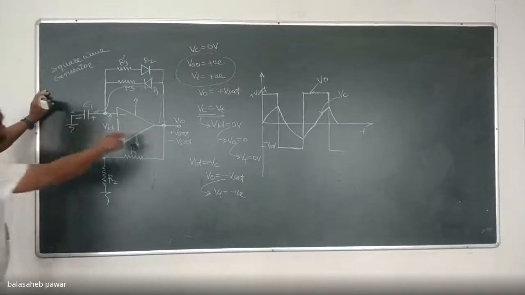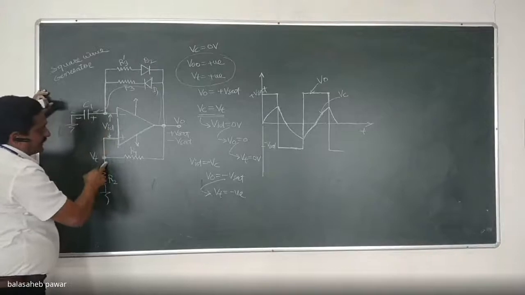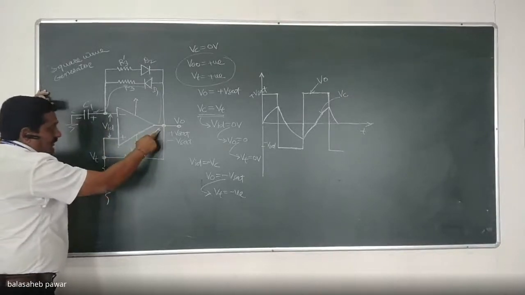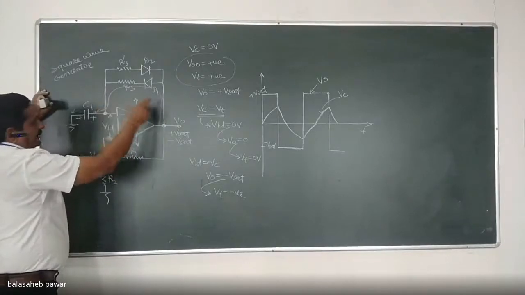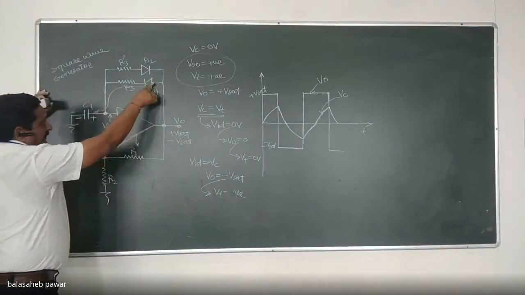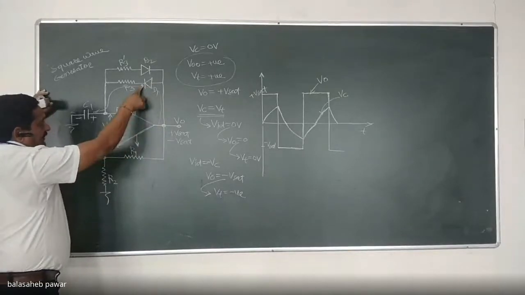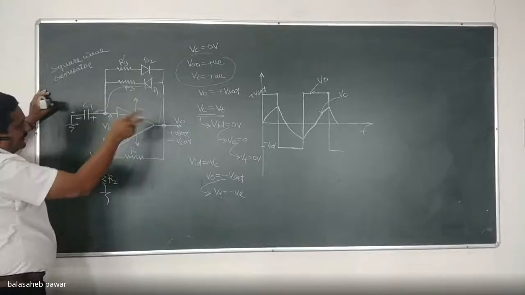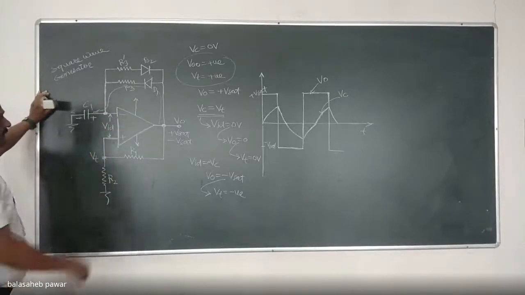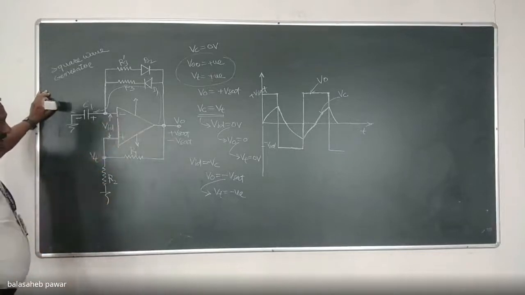Similarly, whenever output goes to 0 volt, because VC equals VT, output goes to 0, and whenever output goes to 0, this path will get open. Why will it get open? Because diode D1, its anode terminal will get 0 potential, while its cathode terminal will get somewhat positive potential. That is the energy stored by capacitor C1. Okay, and later on, what will happen? The output gets switched to minus Vsat as per our discussion.